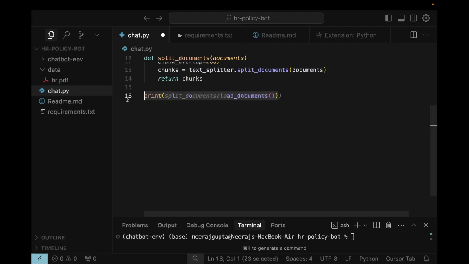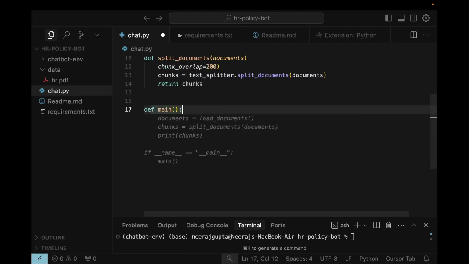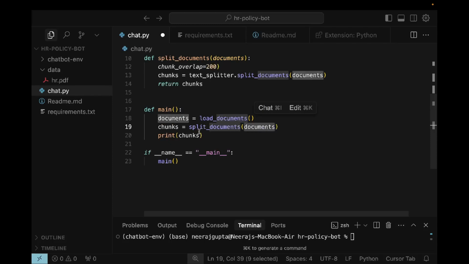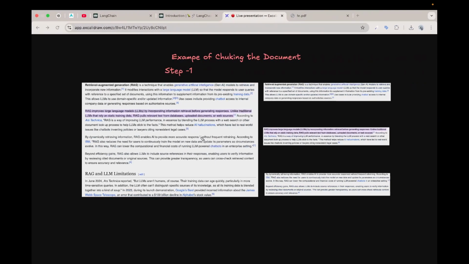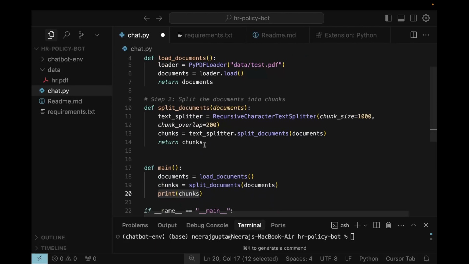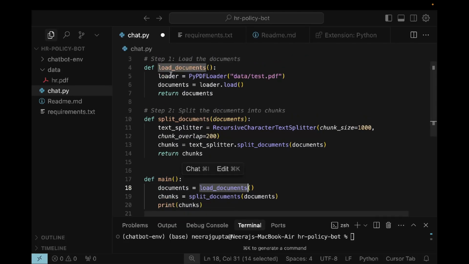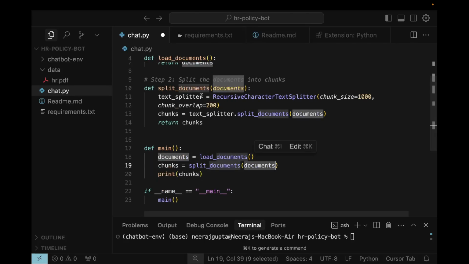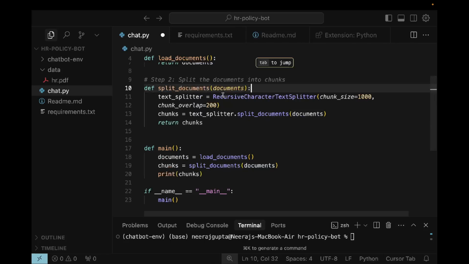Now first of all, let's create a function so that we can test it also. I am going to create a main function, and inside the main function I am going to load the document, and then after loading the document, I am passing the same document to the split_document function, and I am printing the chunks. What we are doing is trying to see how step 1 is working with the help of LangChain and Python libraries. So I created a main function already. We will go to the load_document function first, where we are loading the document. After we get the reference of this document, we are passing the reference into the split_document function. And what the split_document function is doing is